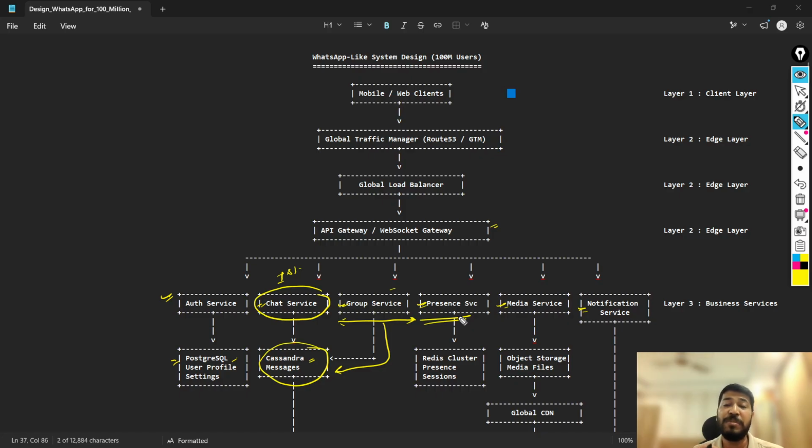In the current session there will be continuous updates happening on the status of the user. To cater to that kind of requirement, where millions of transactions per second are happening,